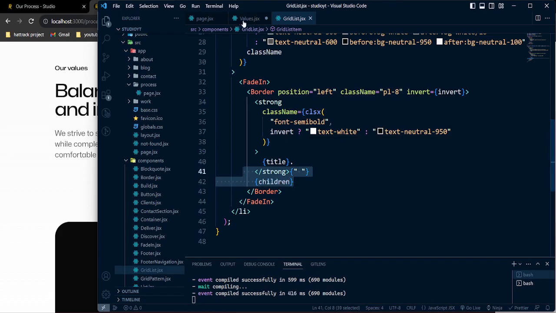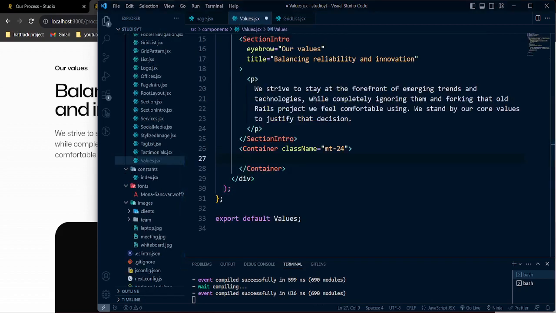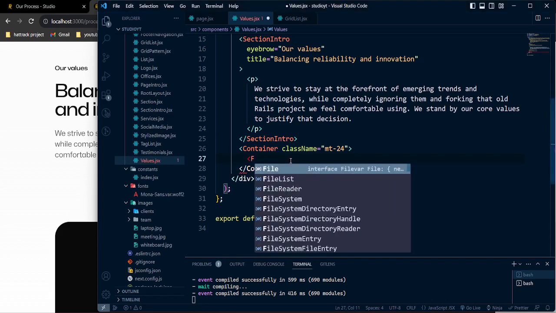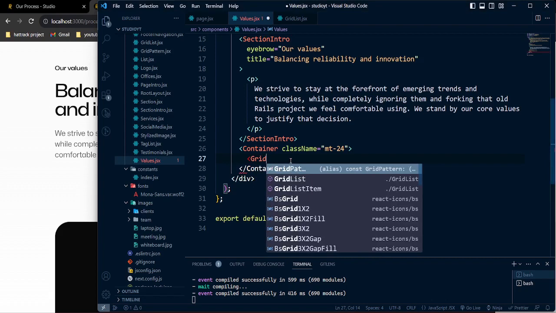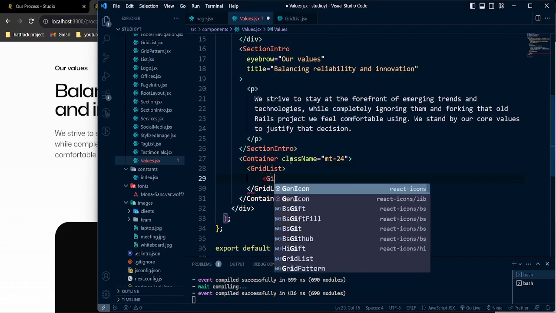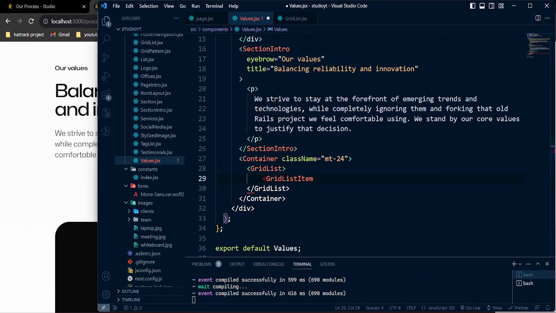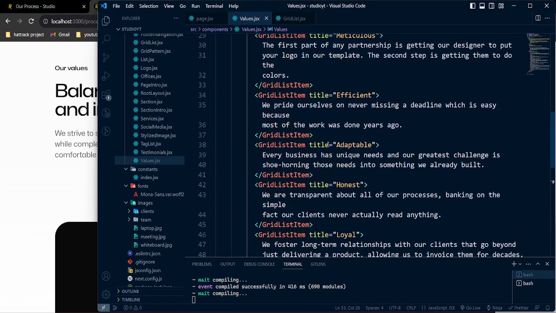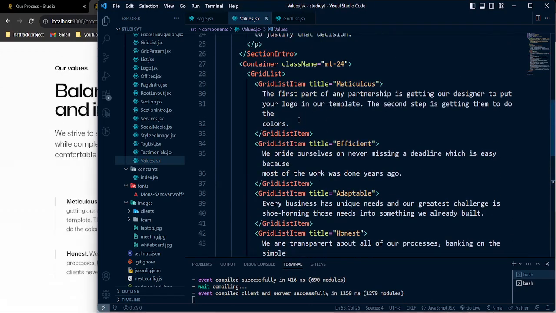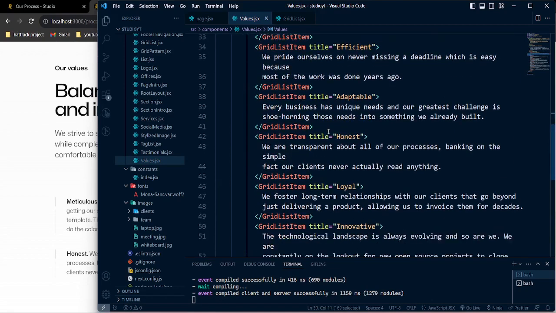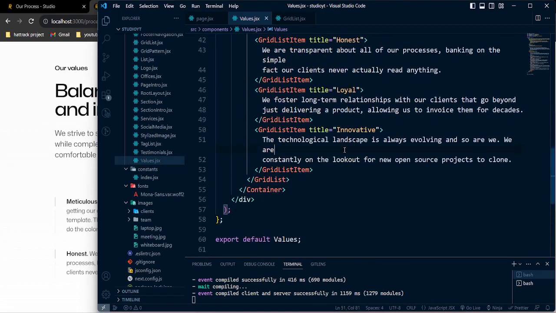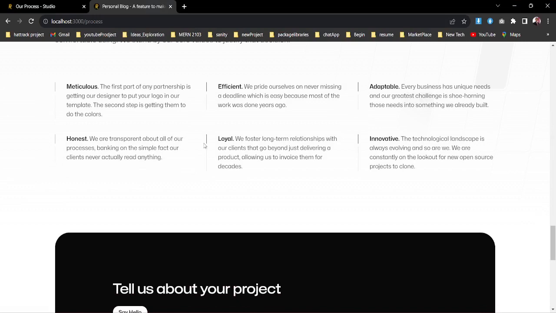children over there. So let's go back to our values. So in the values, on the container, I'm gonna pass, oops, it will be grid list, and now inside that grid list I'm gonna pass that grid list item. So now inside that grid list item, I'm gonna pop up all the grid list items I have, which are gonna take the title as title and all other things as the props. So now as you see, all other things are coming and that props is working, and this thing is coming